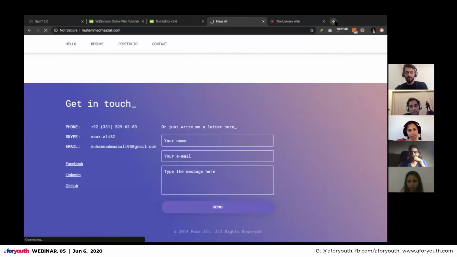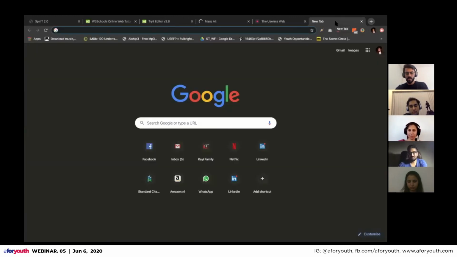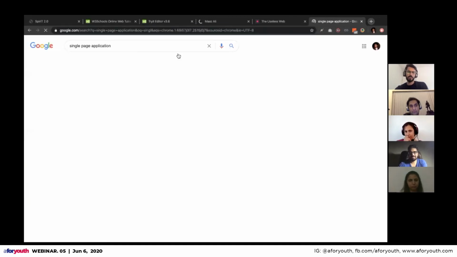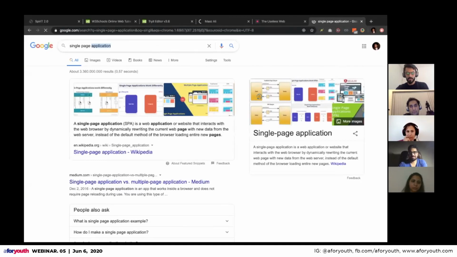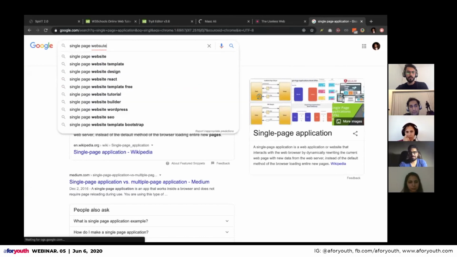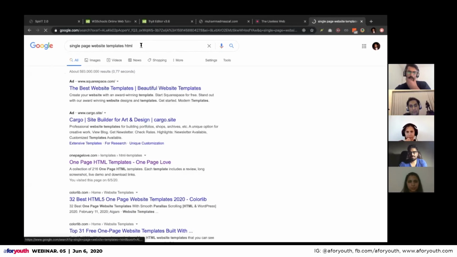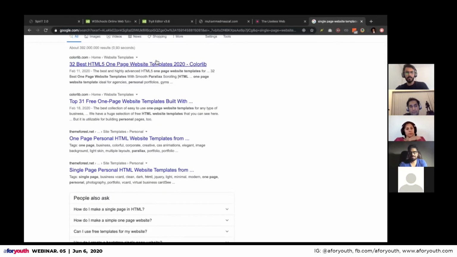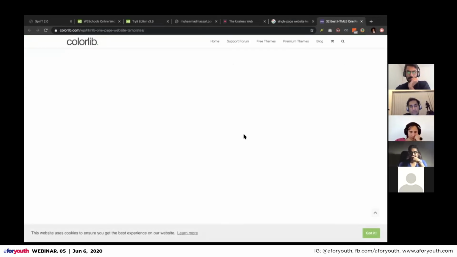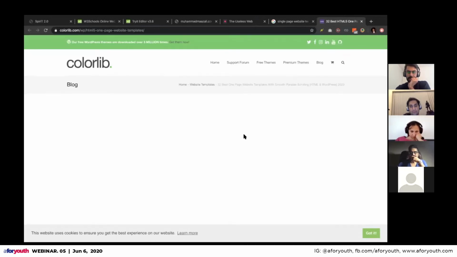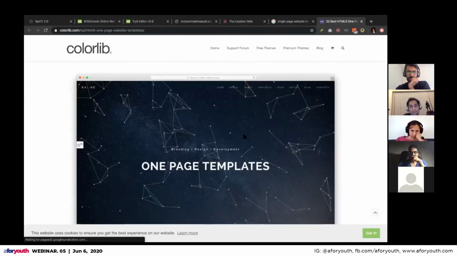You can simply search, let's say, for single page website templates, and you can add HTML to it, or you can add personal to it as well. It will show you there are a lot of websites out there which will give you a lot of examples. Here you can download as well.